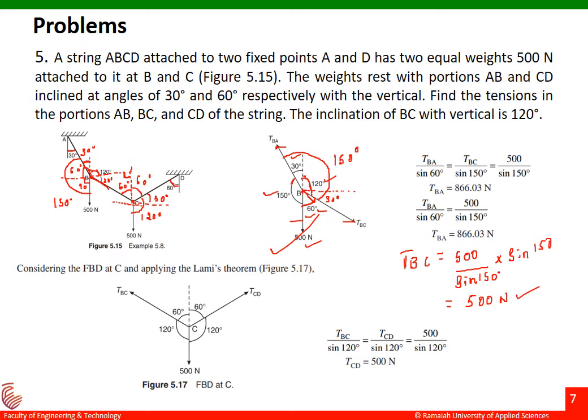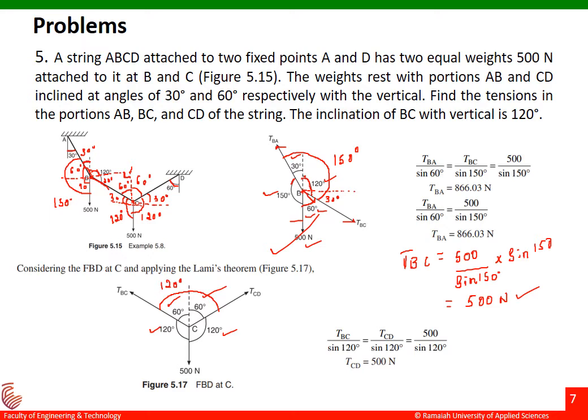If this is 30 and this is 90 here, this will be 60 degrees. If this is 60 degrees, this will be 30 degrees. If this is 30 degrees, the total angle made by this would be 120 degrees over here. This is what is being drawn here. So this 120 degrees also drawn here, and this 60 degrees also written. So the total angle between TBC and the TCD would be 120 degrees over there.